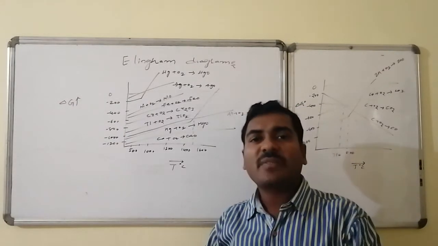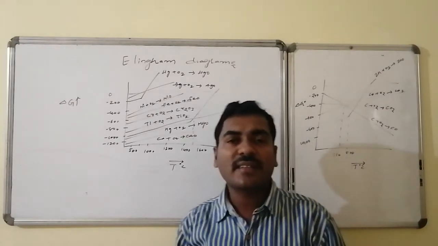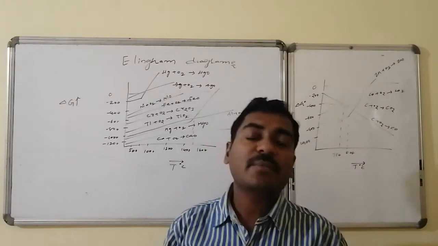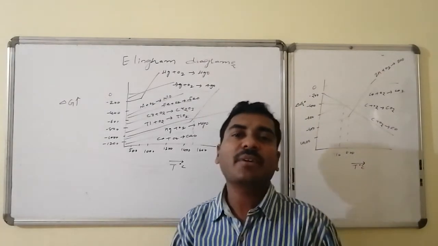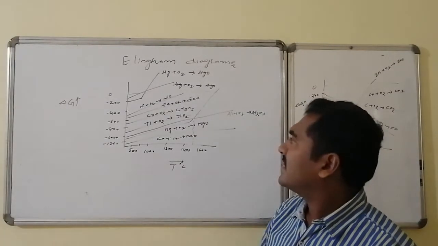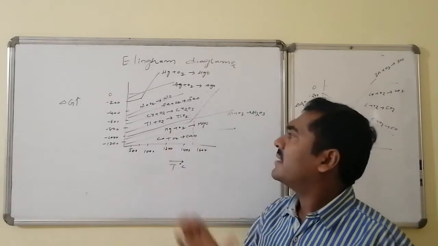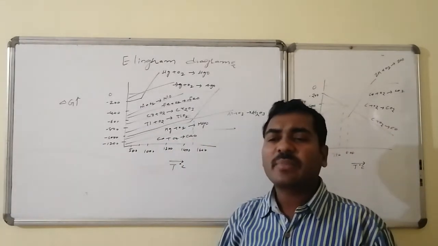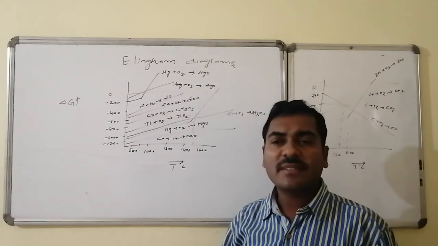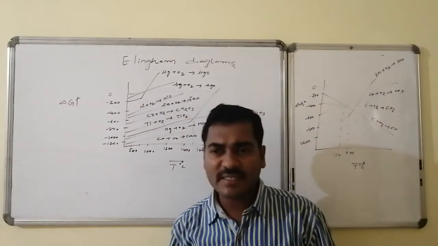With increasing temperature, the corresponding less electropositive metal oxides become unstable and they can decompose to the corresponding metal followed by the oxygen. The same thing is valid in general; they will maintain a straight line, whereas at particular temperatures the metal, or otherwise the formed metal oxide, may change its physical state.